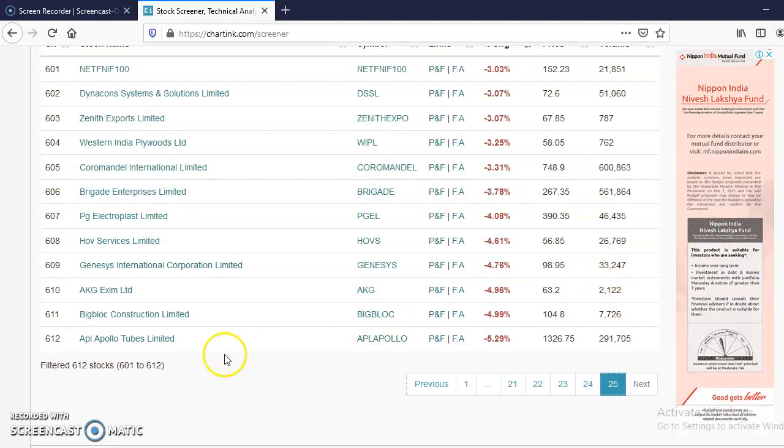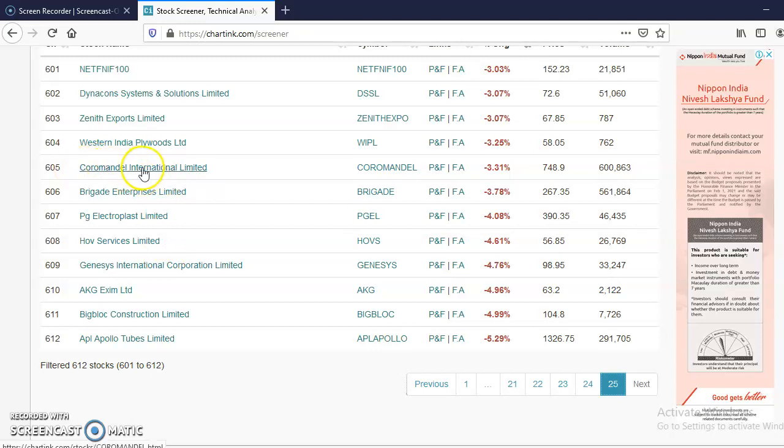We can find some good stocks which were down on that particular day, and the next day we can keep them in our watch list, and if they come to our support zone, we can buy them and do a swing trade. As you can see, these are the stocks which have gone down with volume in yesterday's trading session. Once we enter the market, we get to know which stocks are good.